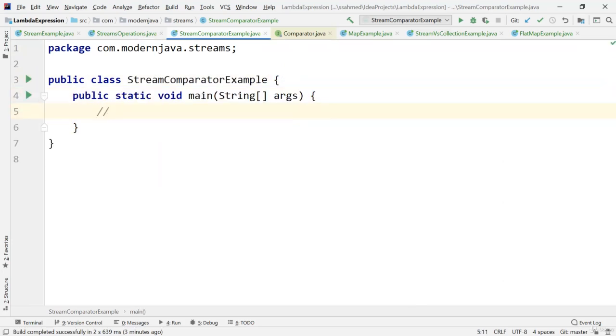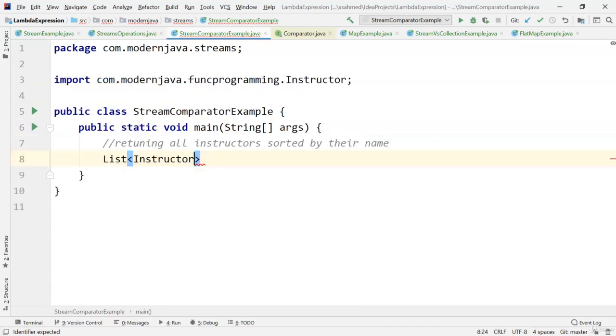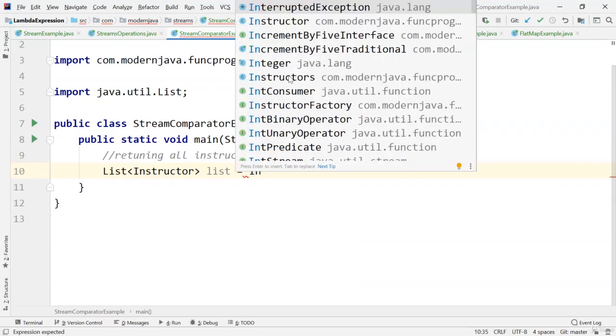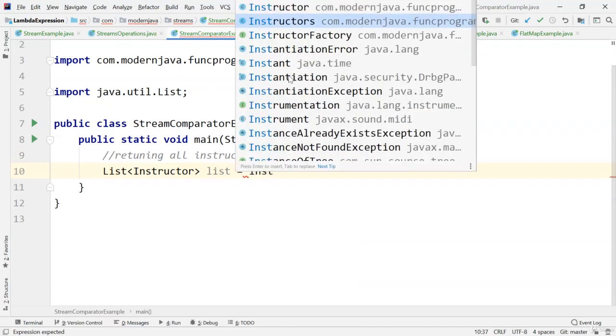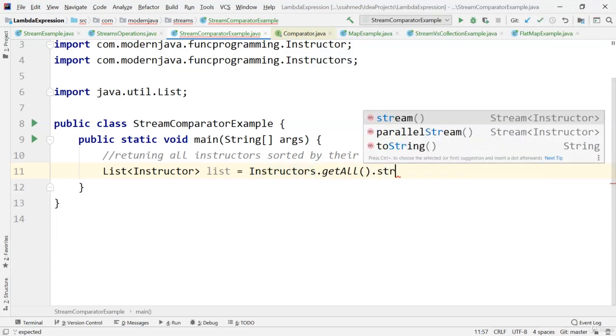and here we'll be returning all instructors sorted by their name. So list of instructors, list is equal to instructors dot getAll dot stream